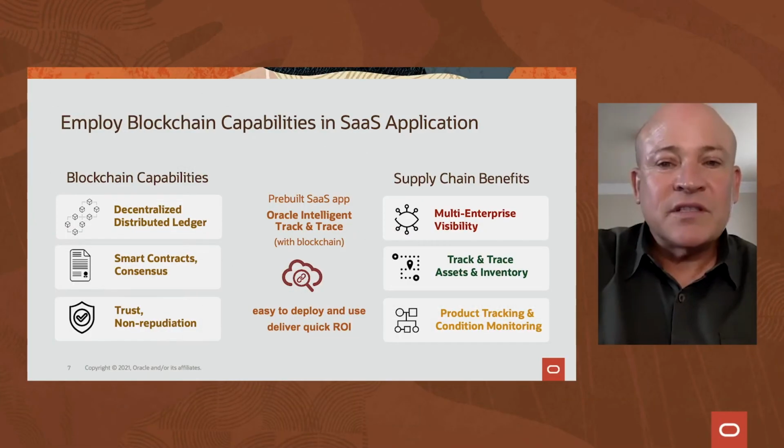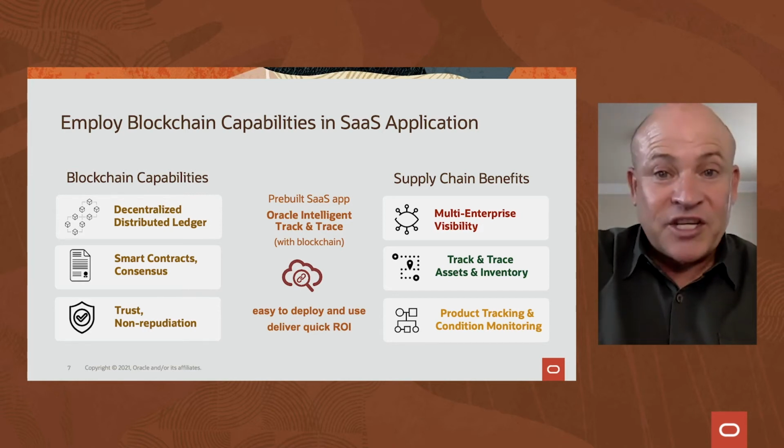Back to you. So Michael, most people, I think, still think blockchain is pretty complicated. Well, Terry, that can be true. But the beauty of our solution is we've simplified this and we've embedded blockchain with an application called Intelligent Track and Trace. With this solution, you don't have to invest all this time and money into a custom blockchain development